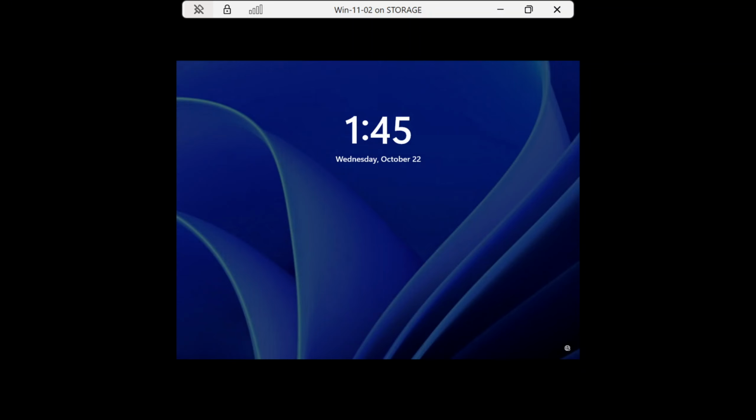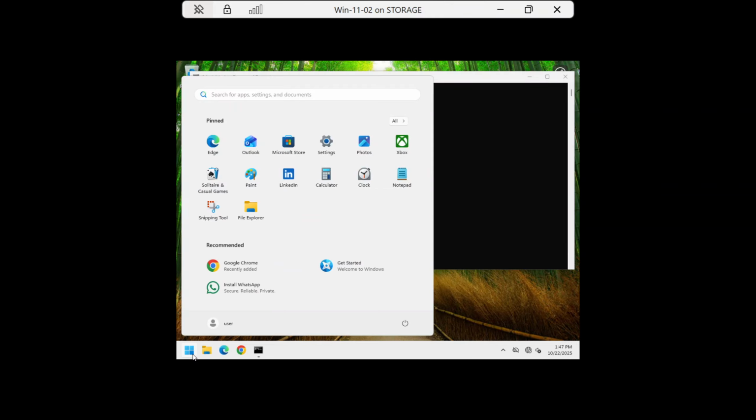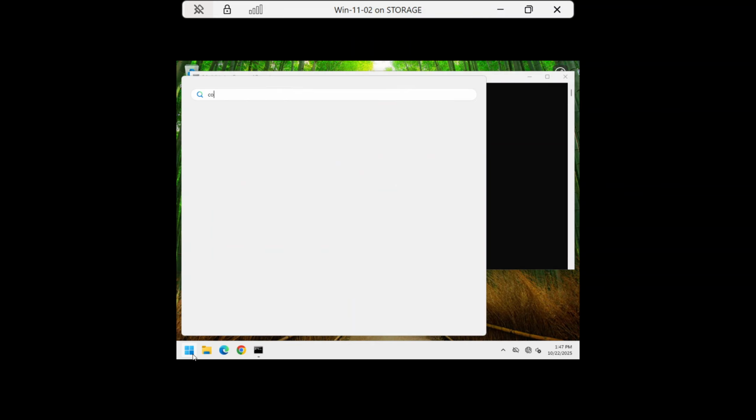So, okay, we're just going to say okay, and we need to run a couple of commands. At this point, one of the commands we want to examine is the encryption status. So we put manage-bde and then see the status. In the status, we can see that the percentage encrypted is 100%, it is encrypted, even though protection is off, because if we click on Start and then go under Control Panel,